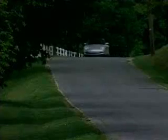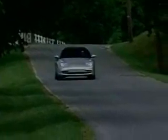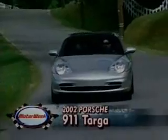Of course, if relaxed open-air motoring is on your agenda, then might we suggest another Porsche, the 2002 911 Targa. Now long gone are the days of traditional bulky removable Targa panels. Today's Targa sports a slick power slide glass roof. While perfect for warm weather commutes, wind buffeting is virtually extinct, and it also keeps the outside at bay during